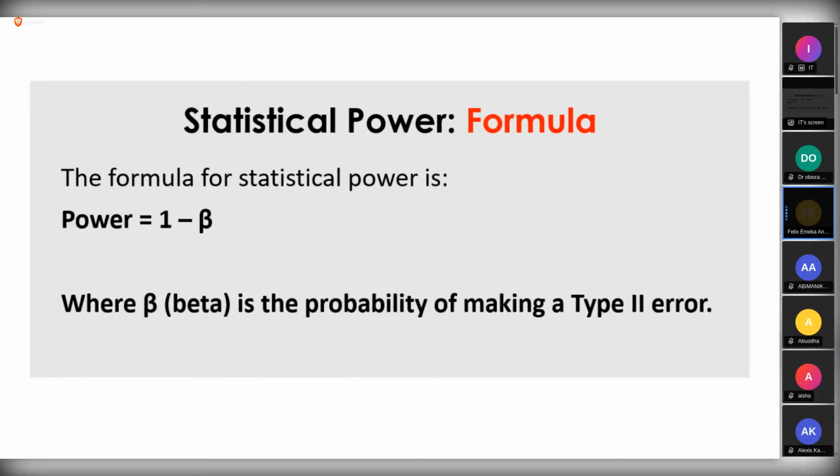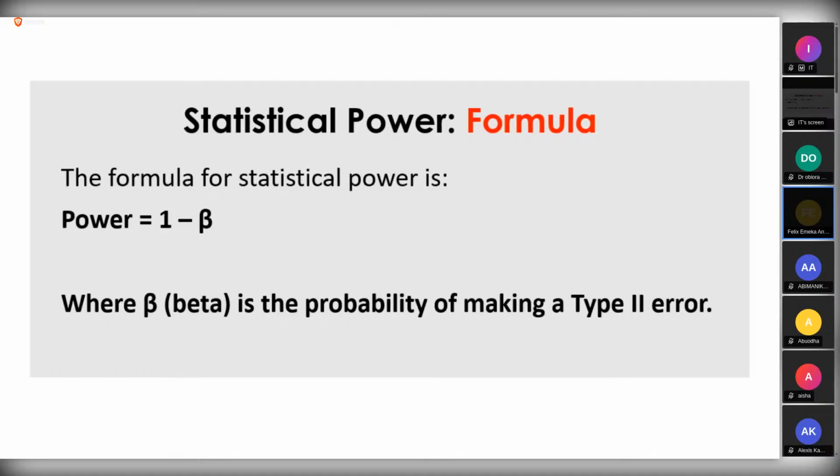So statistical power is equal to 1 minus beta. The beta is the probability of making a type 2 error. I've described a type 2 error. A type 2 error is when you're supposed to reject the null hypothesis. What is the null hypothesis? There's no significant difference between the pre and the post intervention. That's our null hypothesis. We've done the research. There's supposed to be a significant difference. But because our power is small, we are not able to reject the null hypothesis because the p-value is not significant. So the inability for you to reject the null hypothesis when it should have been rejected is a type 2 error. And it's only caused by when your sample size is small.